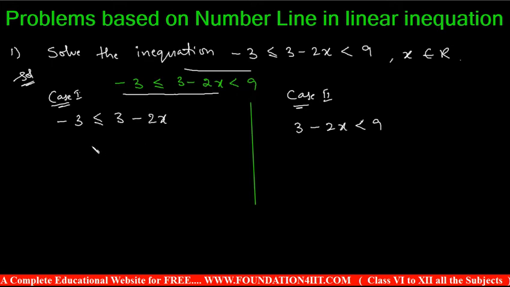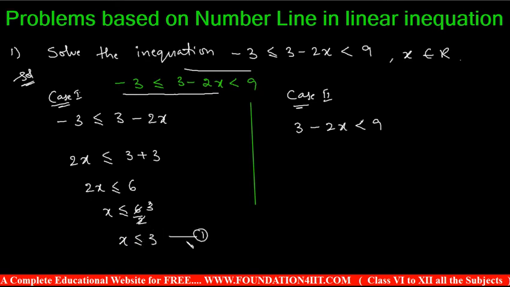Now take the extra minus 2x to the left. It's plus 2x, same less than or equal to. 3 is already on the RHS. Minus 3 take to this side, plus 3. Okay, 2x is less than or equal to 6. Then x is less than or equal to 6 divided by 2. The 2 is dividing, so from this the 2 and 6 cancel to give 3. So x is less than or equal to 3. The x value is less than or equal to 3. Let this be equation 1.